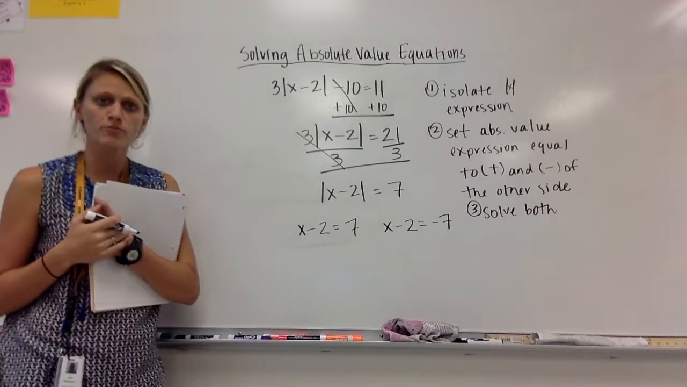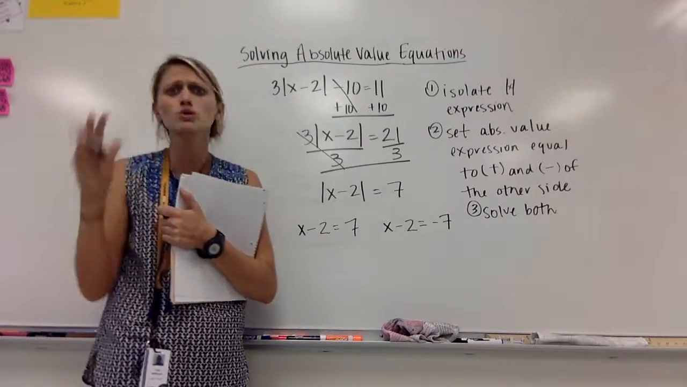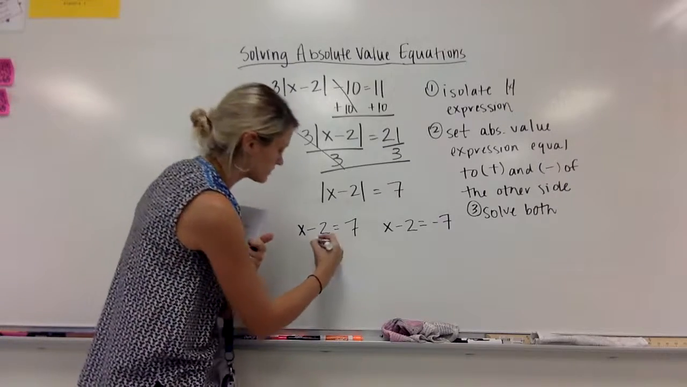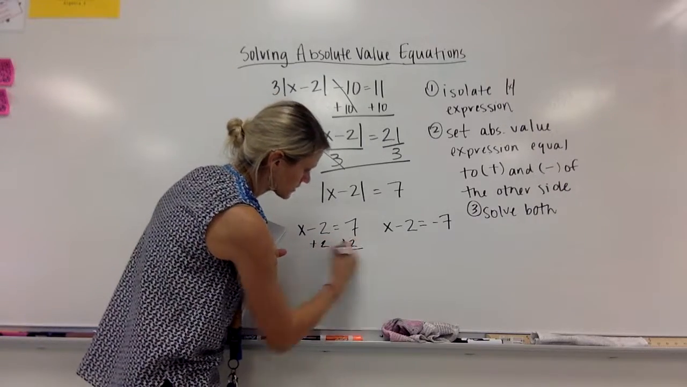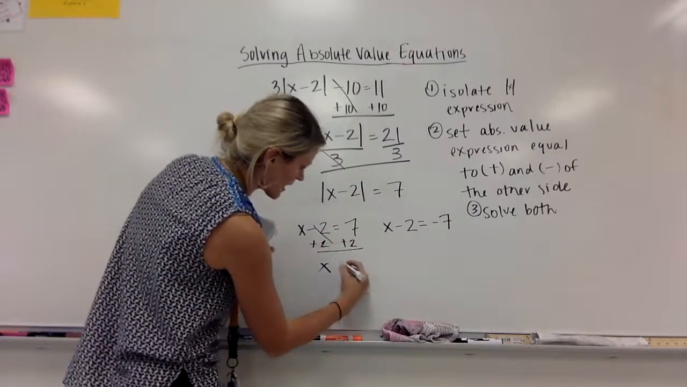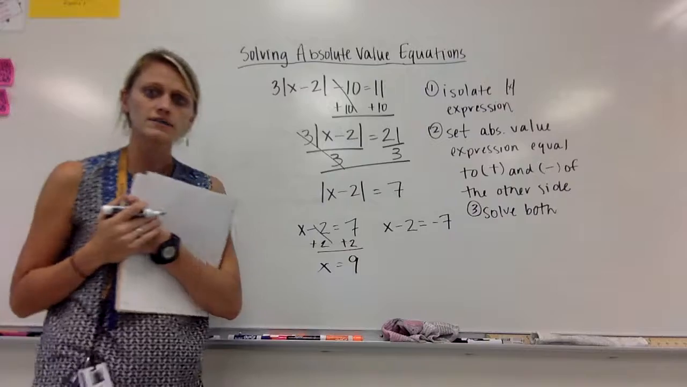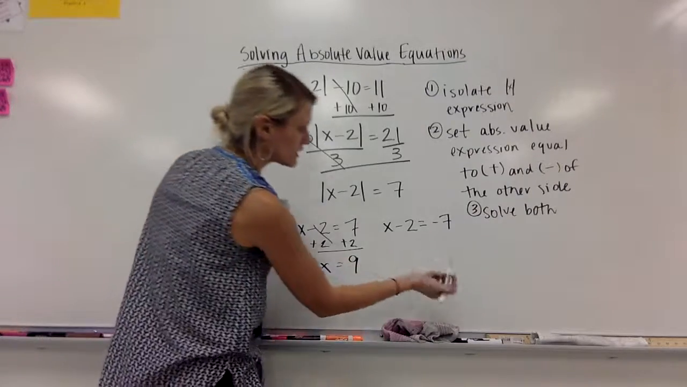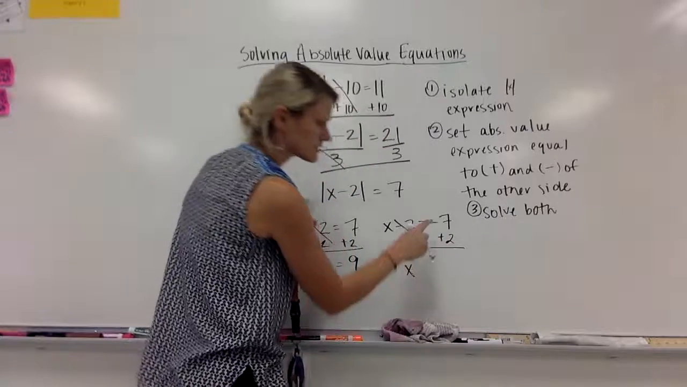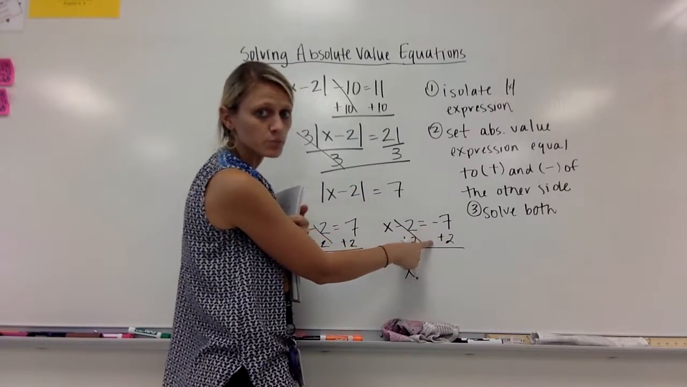is to solve both of my equations. Now I just have 2 super simple equations to solve. I've got x minus 2 is equal to 7. So I'll add 2 to both sides. X equals 9. Okay? Over here, negative 7 plus 2